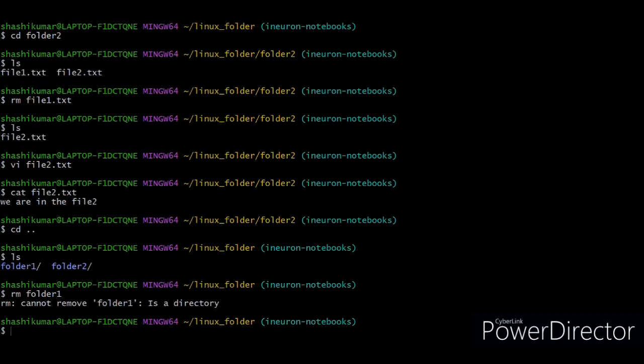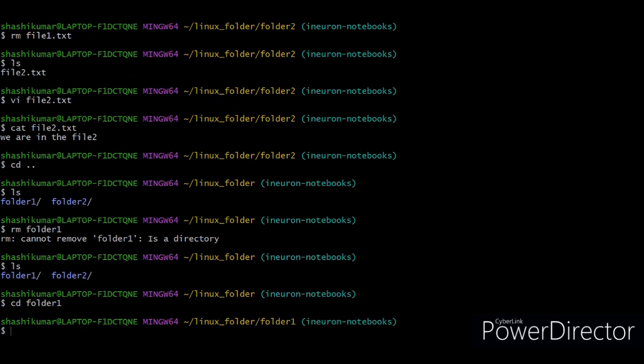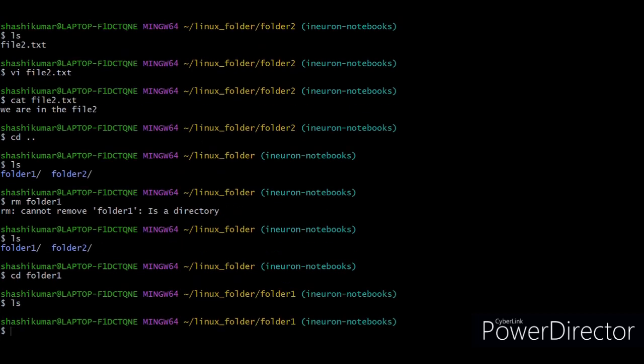It is a directory, correct? ls. In this there are no files, and to remove the folders forcefully we have to use,